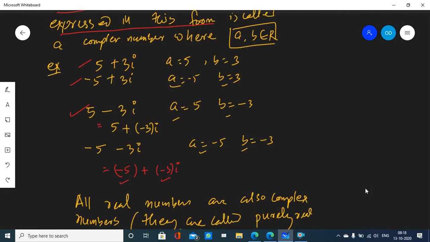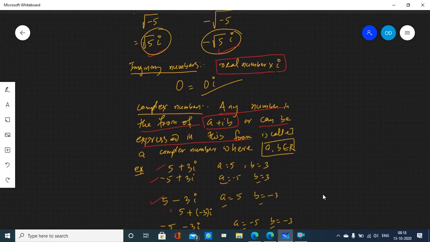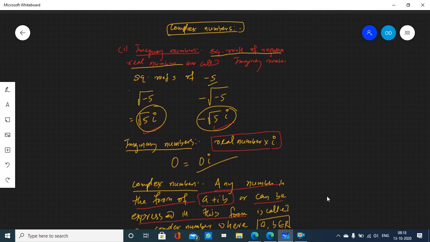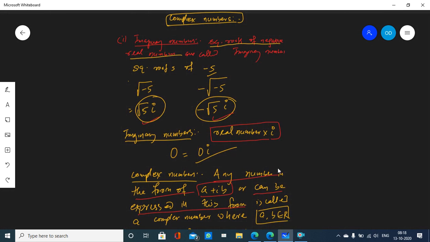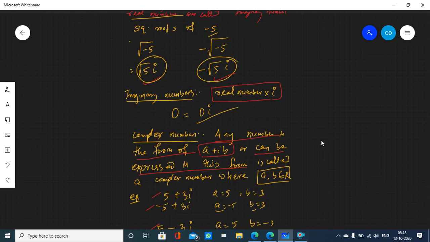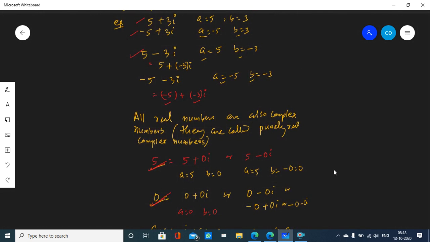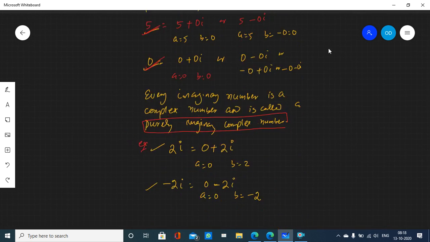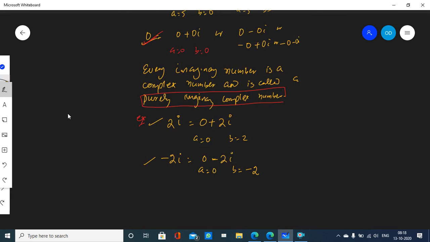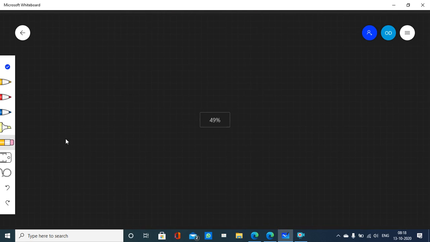You can take the screenshot if you want. This was for revision. You can also write it in your notebook. So for the sake of revision, take the screenshot. Done. Yes, sir. Okay. Take it. Done.